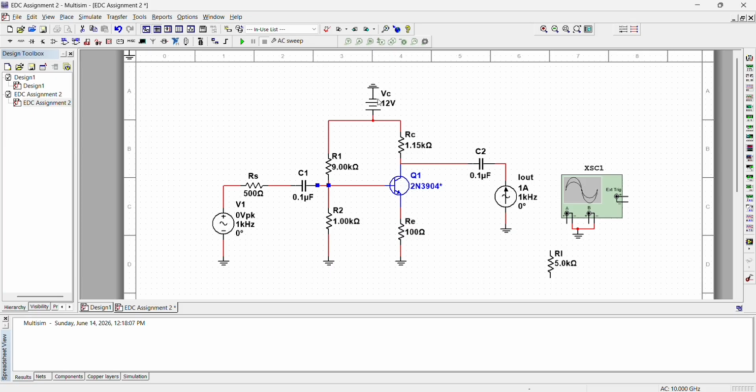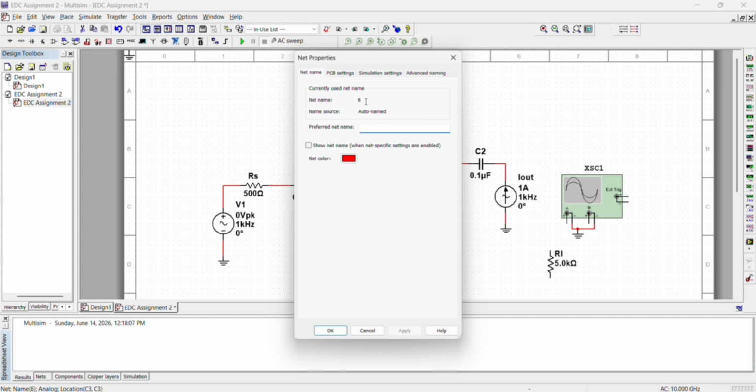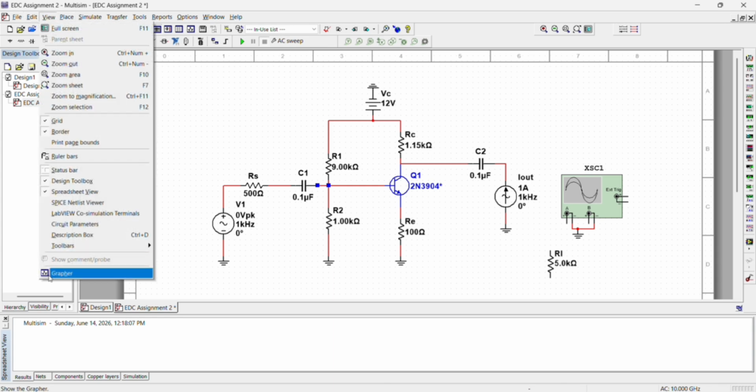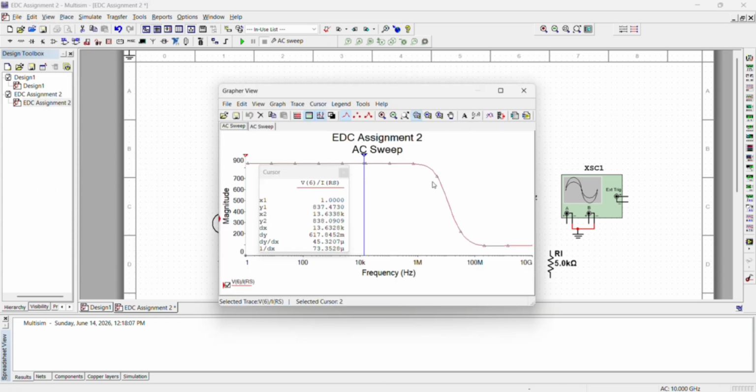So right now, I will show you how we get the input impedance. At first, double click on this wire. We can get that this wire name is 6. For this wire, we need to divide by the current of RS, so we can get the input impedance. As you can see, this is the graph. When we drag the cursor to, we need to see the Y2. The Y2 is